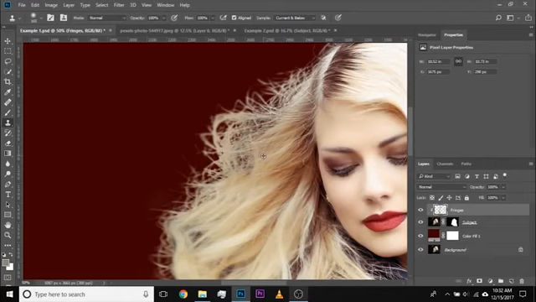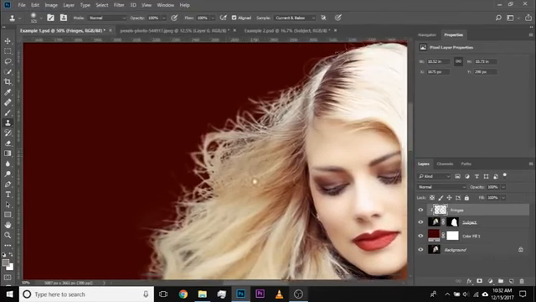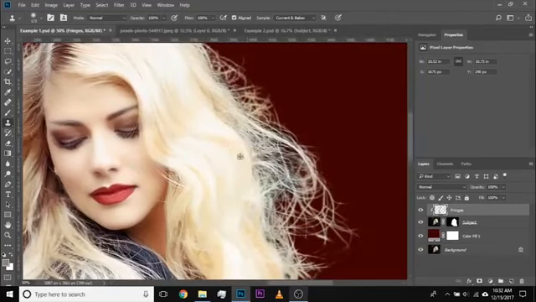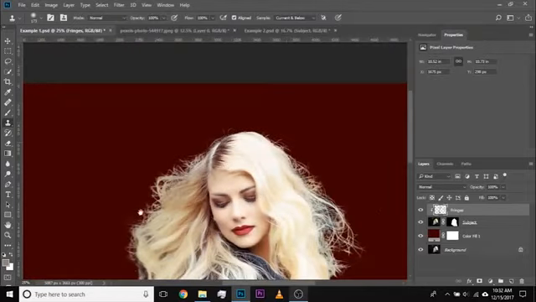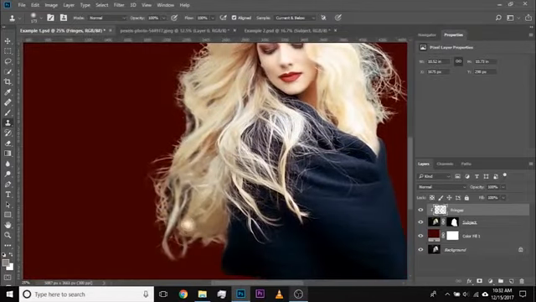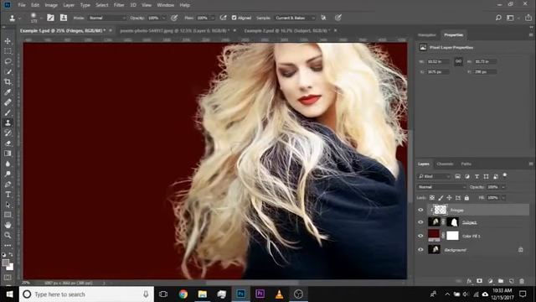See, it's not looking nice over there. It is quite a task, so you have to be really slow and patient about it. Don't do anything where the hair is looking great. Okay, now that's pretty good. That's pretty okay. But as you can see, there are a few places just like this area where the hair